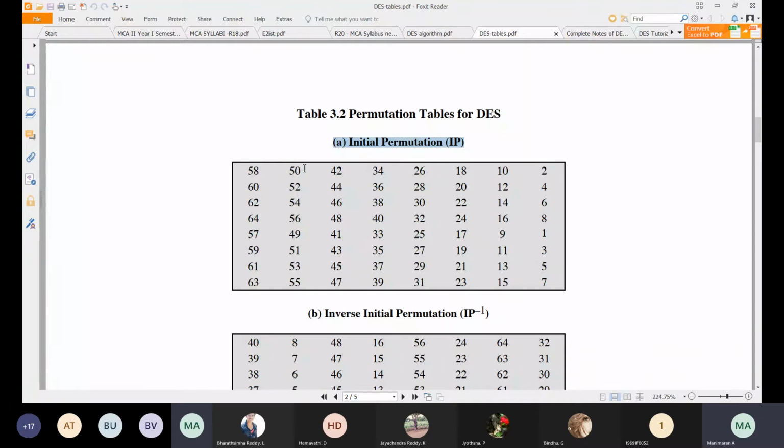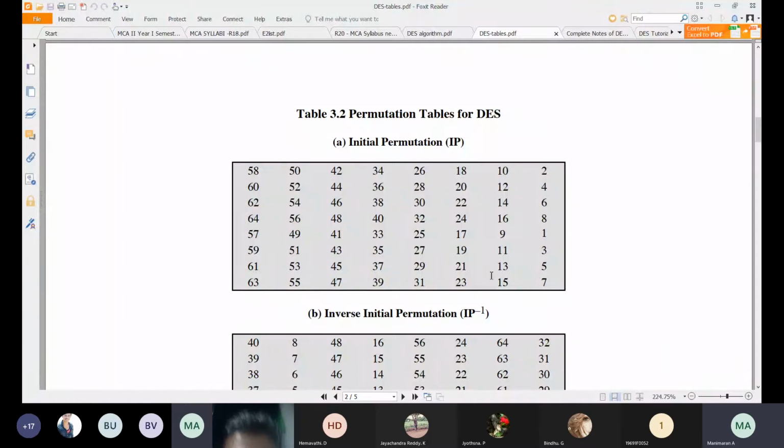So next 50. 50 means what is that? At the 50th position, whatever bit is available, we are going to keep it in the second position. And then the 42nd position, whatever bit is available in the original plain text, we are going to rearrange into the third position. Like that, we are just doing shuffling. We are arranging the bits in some other order. What order do we have to follow? This order exactly, because this is predefined for this DES algorithm. This is what we are doing in the initial permutation.